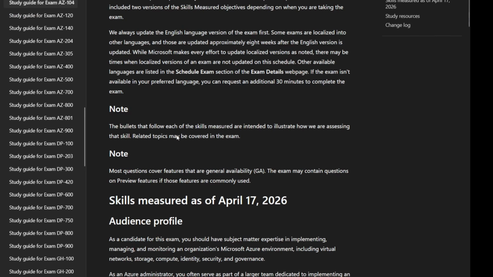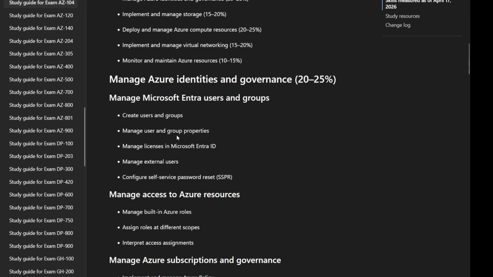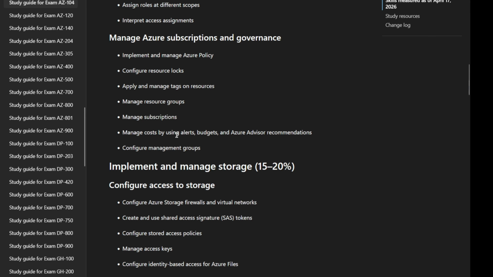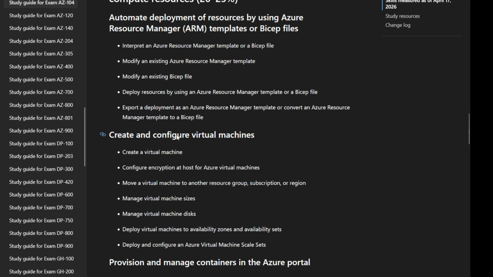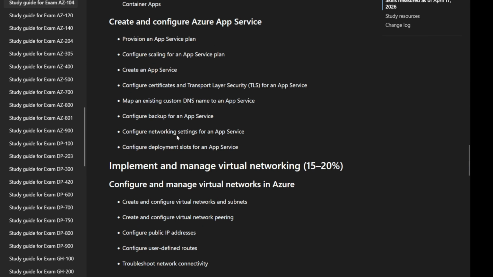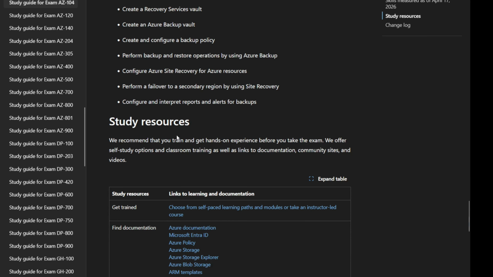A simple example would be networking, right? A lot of people can tell you what VNet peering is. They've heard of it, probably seen it in the portal. Maybe they even know the basic definition, right? But if you ask them to reason through a scenario where traffic needs to move between virtual networks, there are NSGs involved, maybe DNS resolution is relevant, and there's a requirement around least privilege or cost efficiency, that's where weaker preparation starts to show. The gap between "I've seen this before" and "I know how to use it properly" is the entire AZ-104 problem.